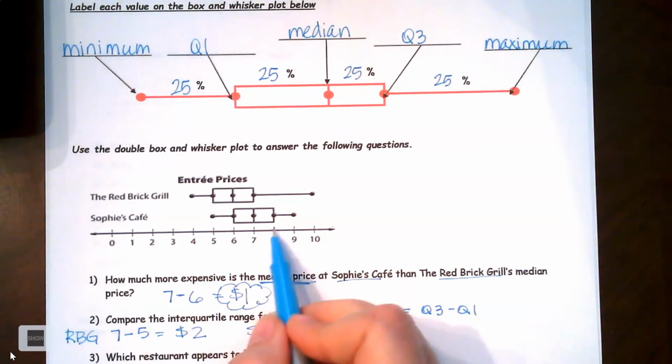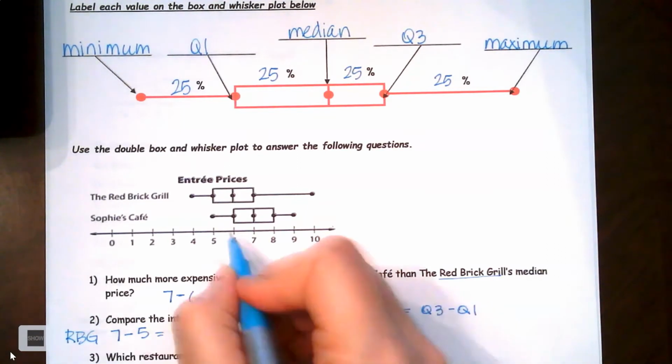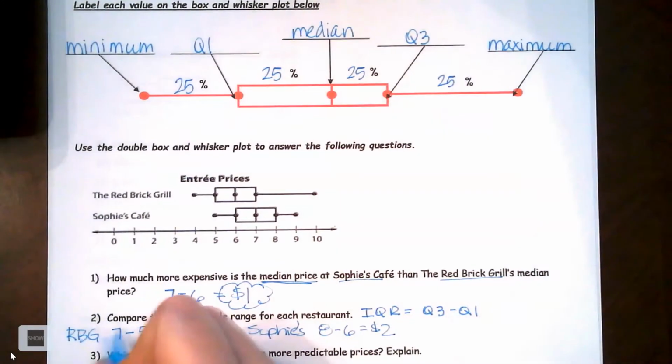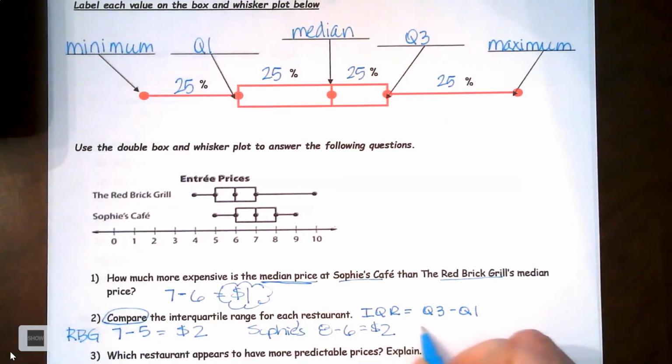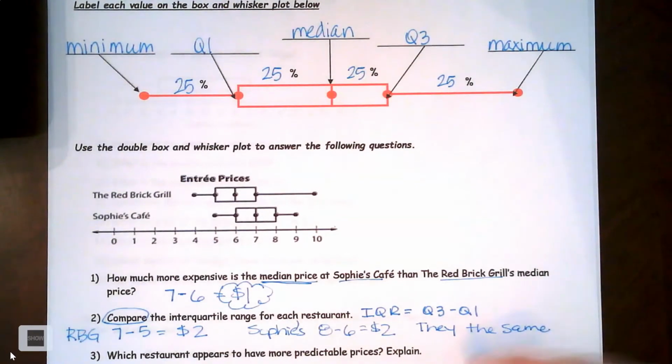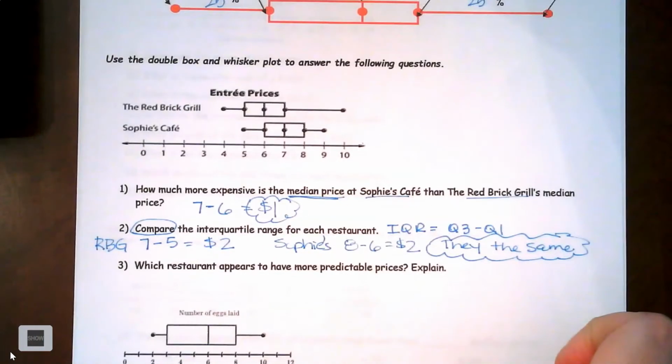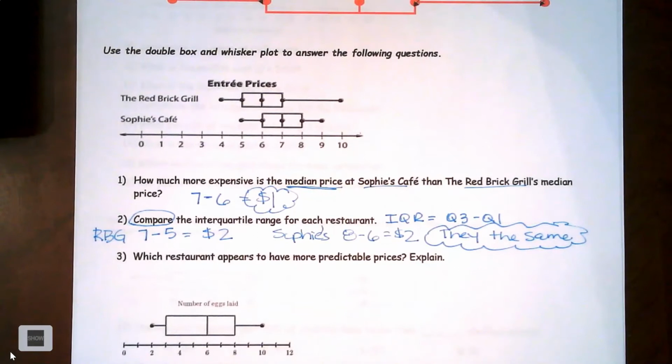All right, Q3 is 8. Q1 is 6. So again, we have 2. So if we're going to compare them, they are the same. Now if one was more than the other, then you could explain that. You would say this one has a greater interquartile range than the other, but they are not different, so we're leaving them the same. All right, now the next section is a single box and whisker plot, and it's asking